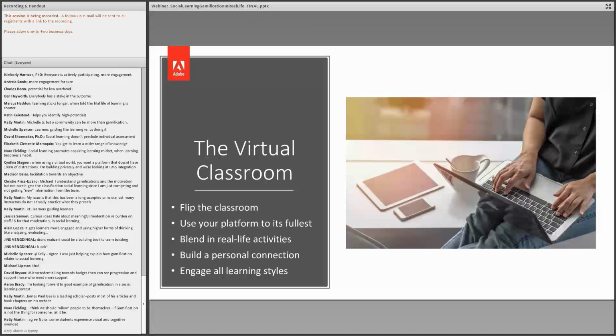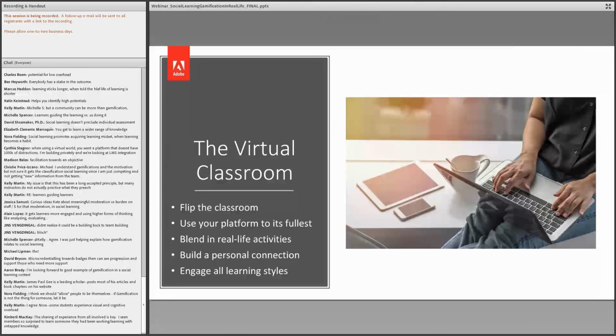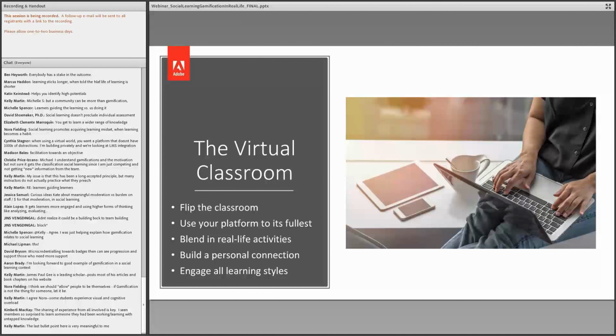So flipping the classroom could be anything from putting out a discussion board that has to do with the class, making that available in the LMS, and letting people discuss things ahead of time. That could be contributing an assignment, a basic assignment, before everybody arrives to the classroom. It could be, if you've got new hires coming in, make sure that they have an opportunity to introduce themselves via a discussion board and ask that each person respond to at least one other person that's got something in common with them, so that you're building a community even before they get in the classroom.